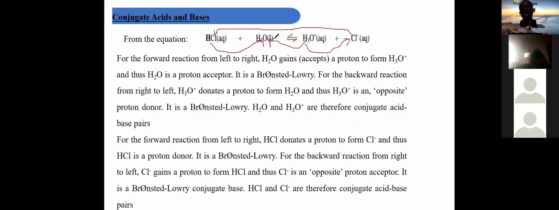The HCl aqueous and the Cl minus aqueous also form a conjugate acid-base pair, where the HCl is a conjugate acid and the Cl minus is a conjugate base. Now, what do you notice? Let me